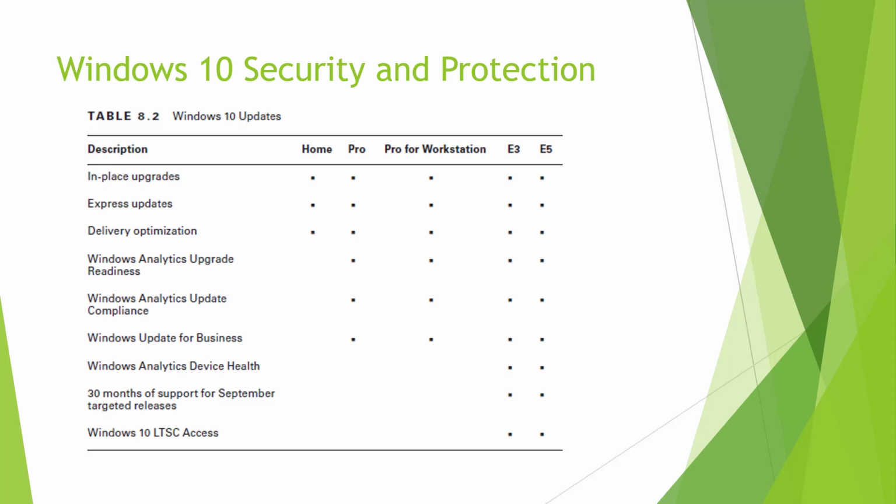Lastly, updates. In-place upgrades, express updates, delivery optimization. This is one that you need to know when we're dealing with updates. Understanding what versions can upgrade, what versions have express updates, which versions have analytics for device health. All of those are crucial when it comes to determining which version of Windows 10 you should be using in